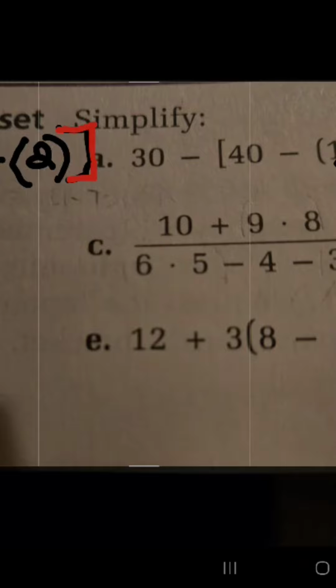Let's go ahead and write that step. So 30, we're going to go ahead and just bring that down. 30 minus, and then we're going to do 40 minus 2. What's 40 minus 2? It's 38. All right. You with me so far? All right. So now all we have to do is decide, oh,